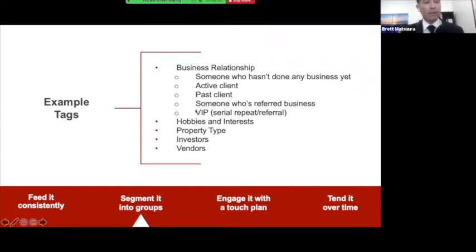Past clients, I already said that. Someone who's referred business. Maybe you want to identify somebody that has been known to actually send you business, so you can put them on a special card. VIP, someone who has sent you a lot of repeat and referral business. You can also break them up via tags like hobbies and interests. So I had this idea long ago because I was always very big into the martial arts, and typically people who actually spend money to train in martial arts have also been known to buy houses. So in my database, if they had an interest in martial arts, then I would tag that. It gives them the ability to